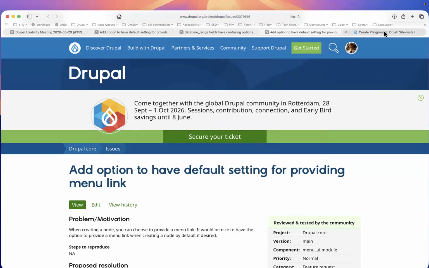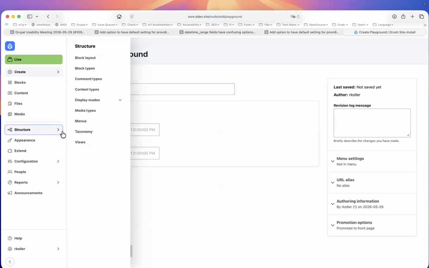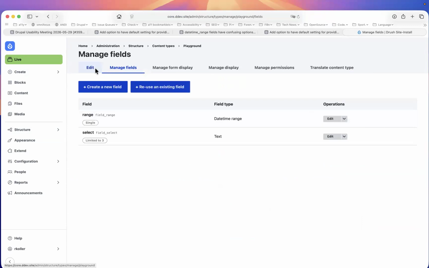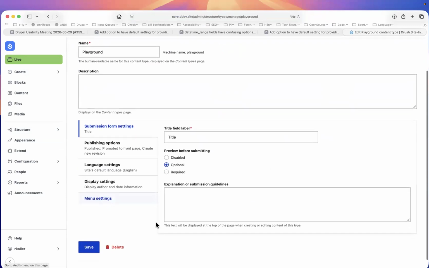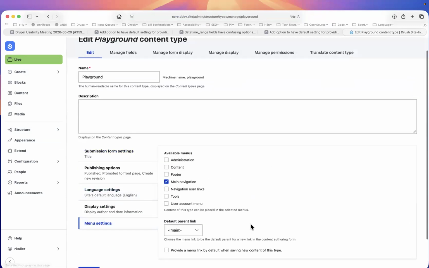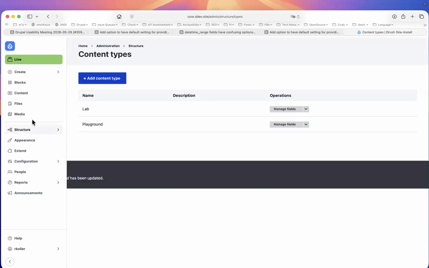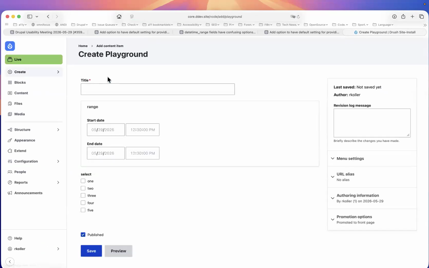And what we are looking at is basically that issue, and it is introducing over here on the menu settings the following checkbox: provide a menu link by default when saving new content of this type. And if that is checked, it is basically